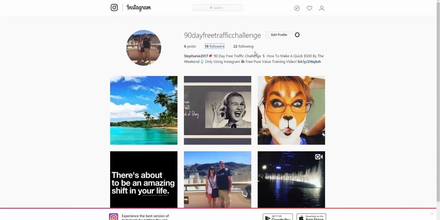The icons just bring awareness to it. It just kind of makes it pop and stand out a little bit. All right, so that's pretty cool. And then this is where your link goes. It goes right at the end. Again, you're really only allowed one clickable link. I had another link in there, but it wasn't clickable, so I just took it out. I just want one that is going to be clickable so people can go right to the site.